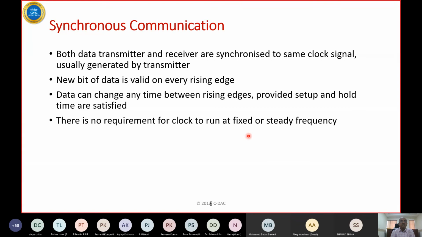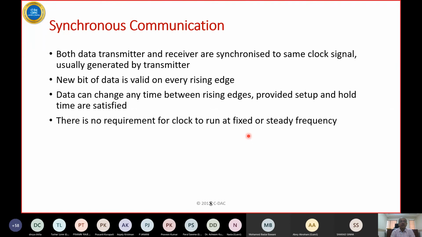So I'm sure you can understand this: the data is sent along with the clock, and it is guaranteed that the setup and hold times of the sampling will be with reference to the rising edge of the clock. As a result, the transmitter can change the data line anywhere between the rising edges, but make sure that before the edge rises for a certain time called the setup time, a few nanoseconds, the data is stable, and after the rising edge, which is called the hold time, again a few nanoseconds, the data is stable. After that, it can change.